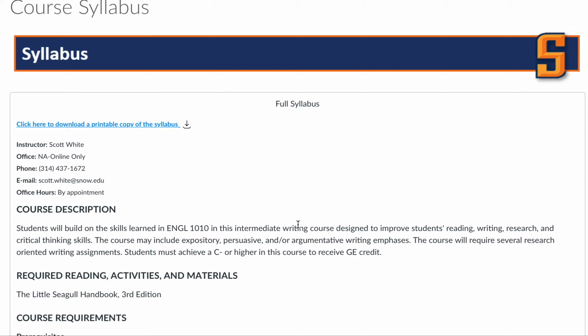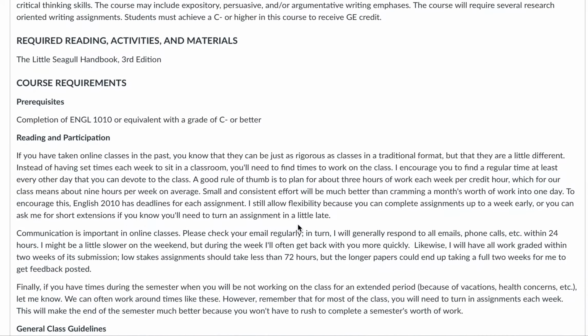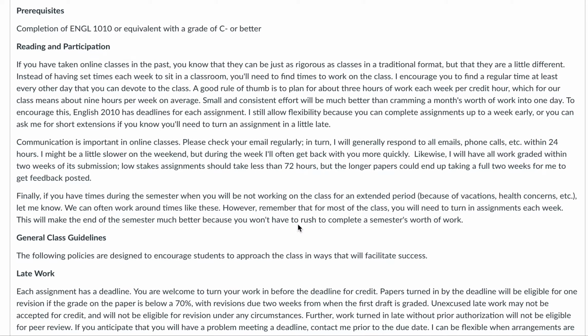In order to be successful in this course, you are going to need to get the handbook. I primarily use that for citation help, but it does have a lot of other writing tips in there that I do reference throughout the semester. So it is very helpful, and I have chosen the cheapest book that is available for a writing course. It's been in print forever. You can find used copies everywhere, so I strongly recommend it. Hopefully, if you're watching this video, then you've already finished your English 1010 class. I'm sure you can hear my helpers over there in the background.